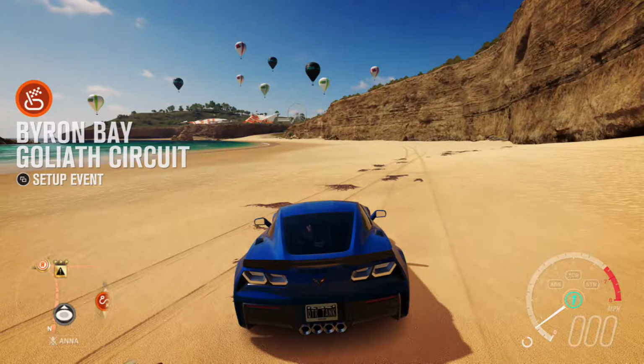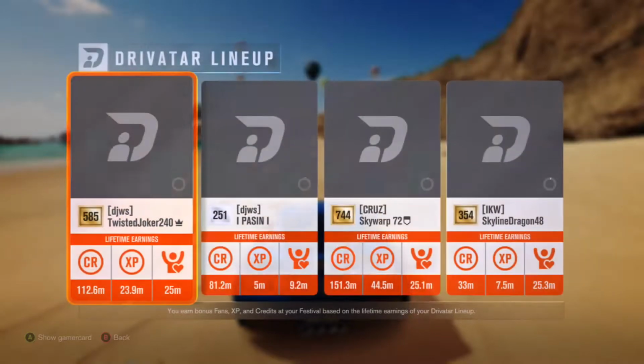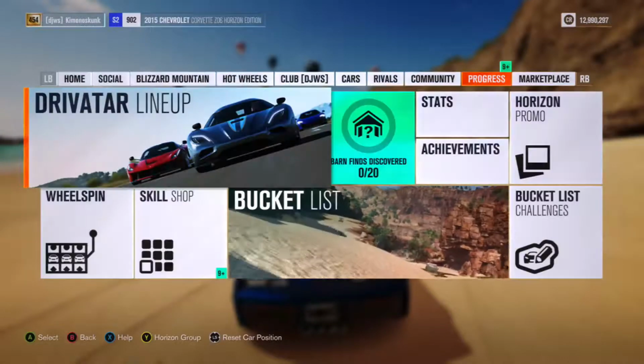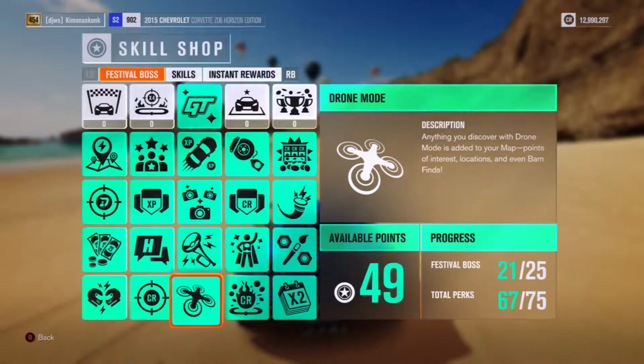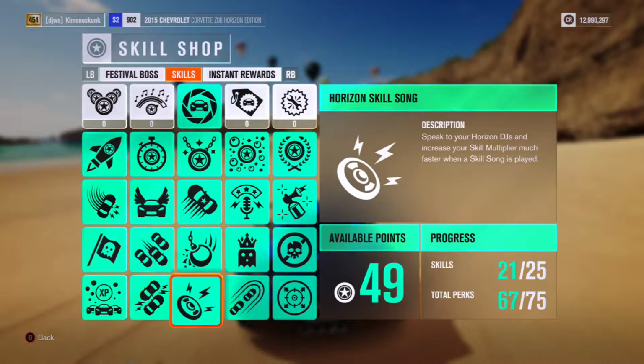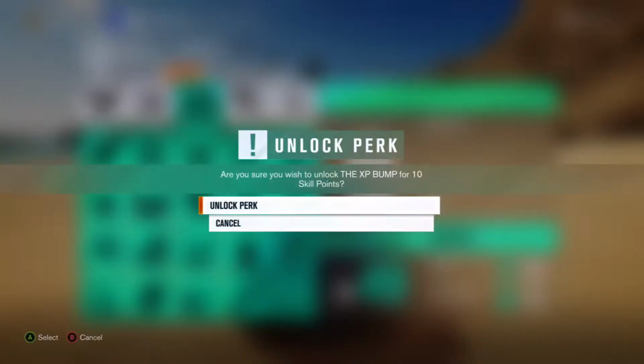Alright, now what you want to do is before every race, like I always show you, I just didn't show you at the beginning of the stream here, go here to progress, click that, skill shop. Go here to the middle button, skills, I'm sure you know how to get there. Follow the cursor up and to the left, click on that, it'll cost you 10 points, but you get to race 3 times, that means 3